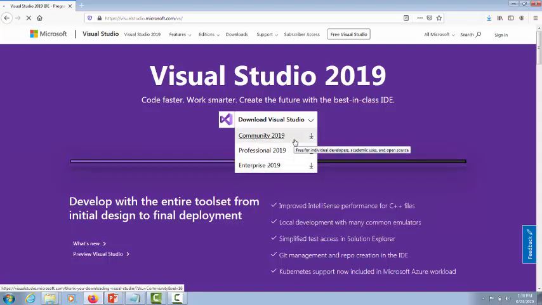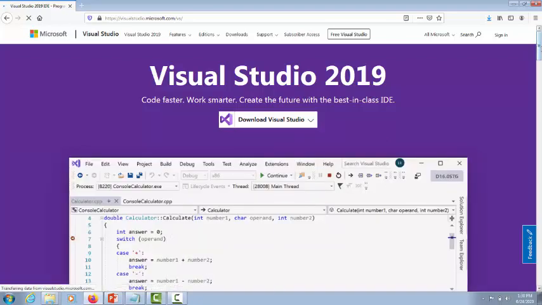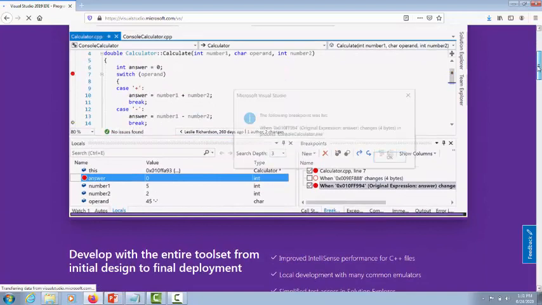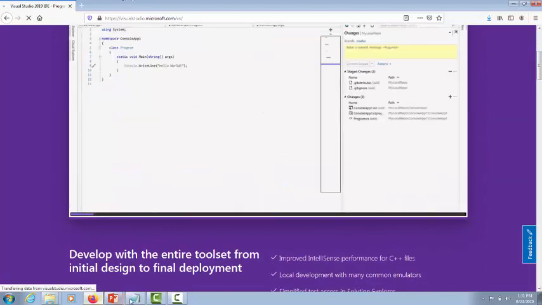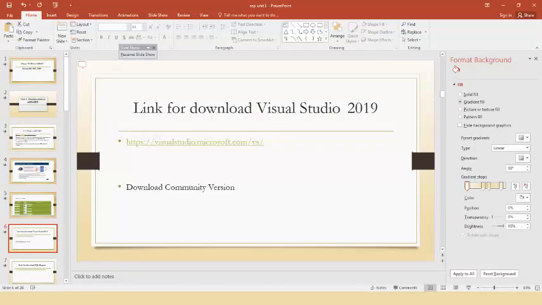Community versions are free for all. Any developer can develop applications in the Community version. So you can download the Community version online and start your Visual Studio. The link is given in this particular PPT, or you can directly search. Now the next thing is